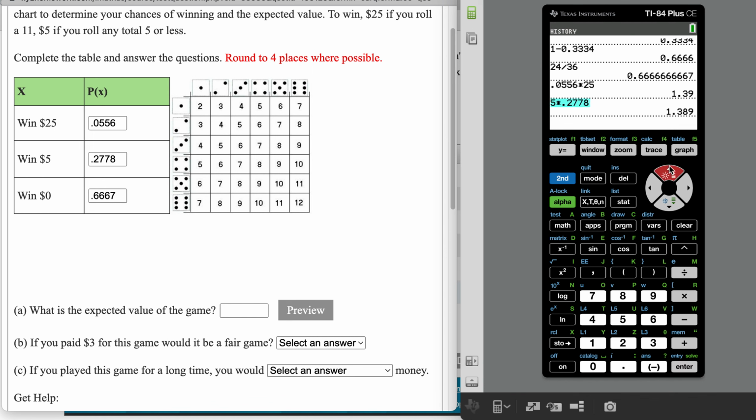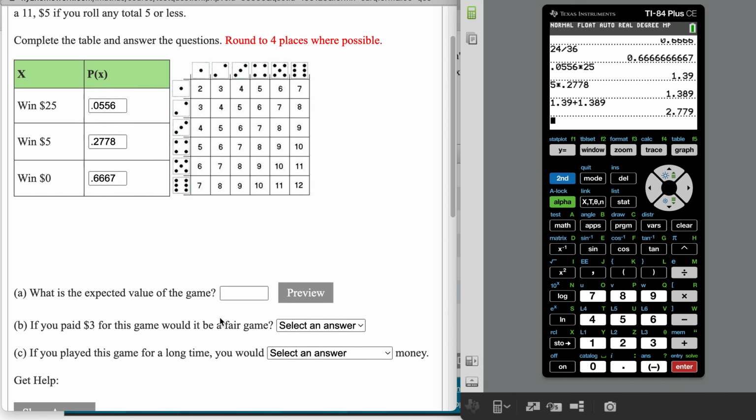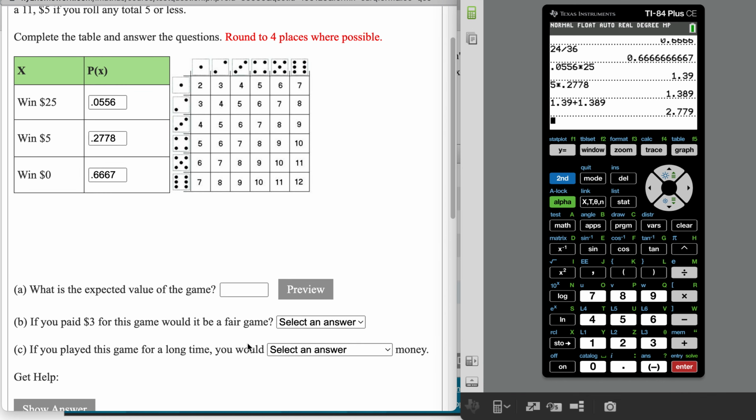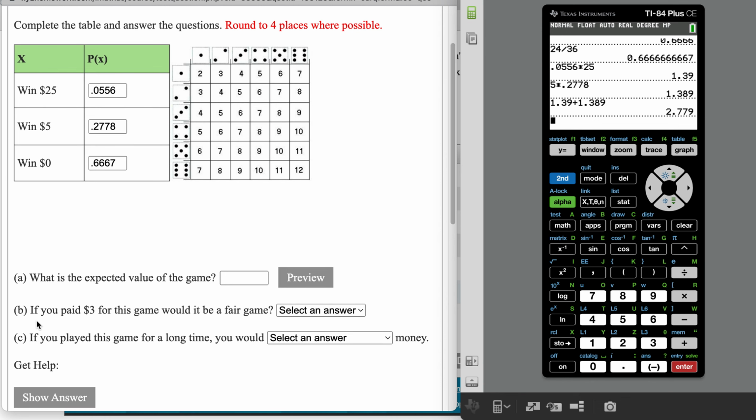So I'm going to take 1.39 and add it to 1.389. And I'm going to get 2.779. So that's the expected value. Now, if you paid $3 for this game, would it be a fair game? So the question